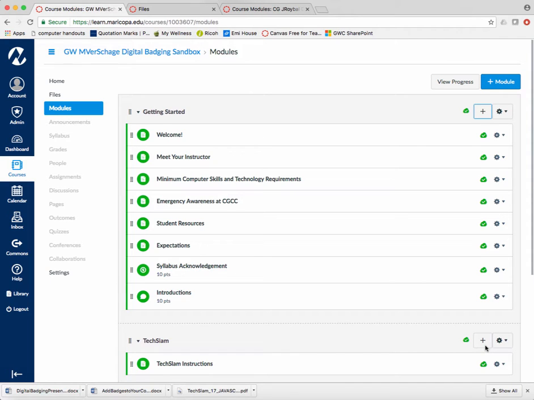Welcome to the first in a series of tutorials about Canvabadges in Canvas. We're going to start this series by telling you how to add a Canva badge to your course. This first tutorial is going to show you how to add an auto-awarded badge to a Getting Started module in